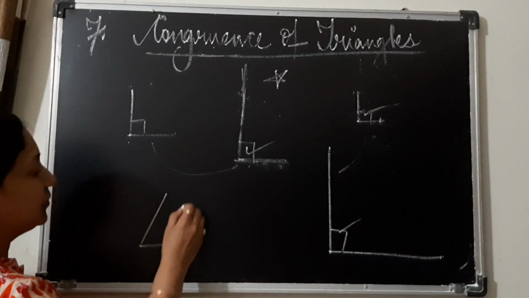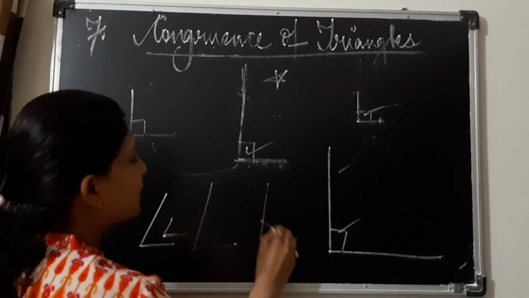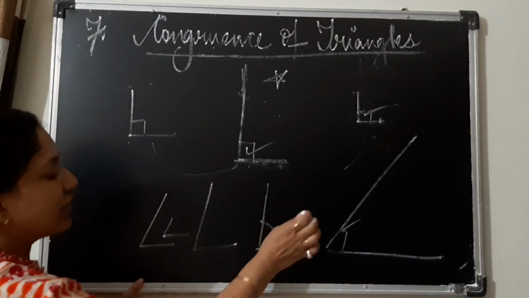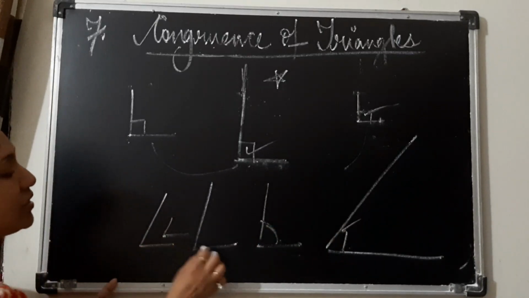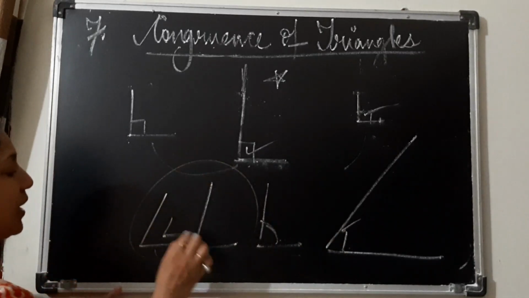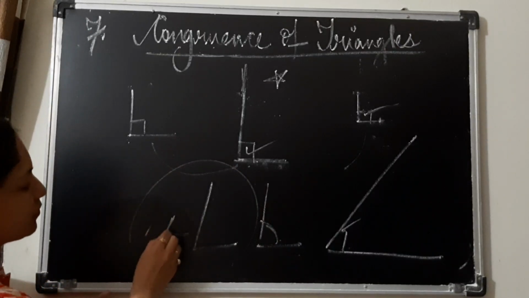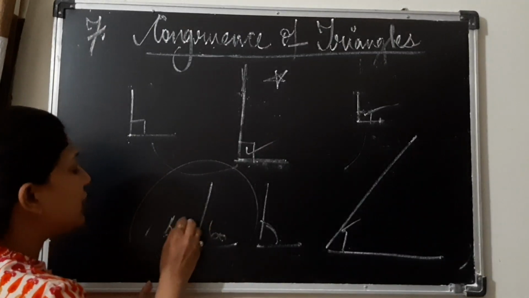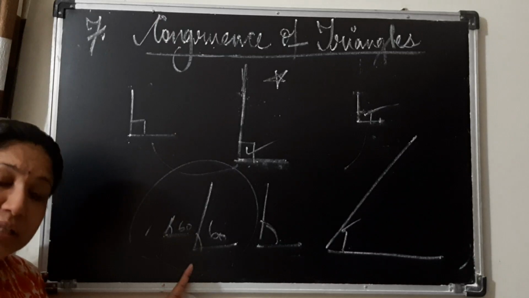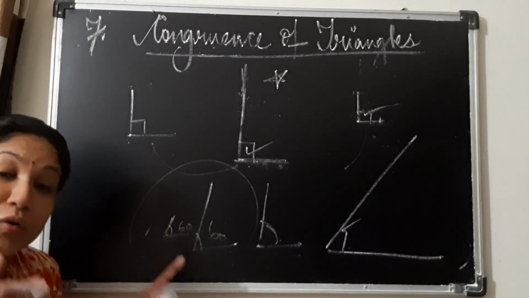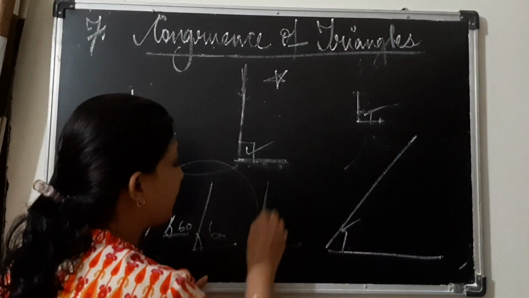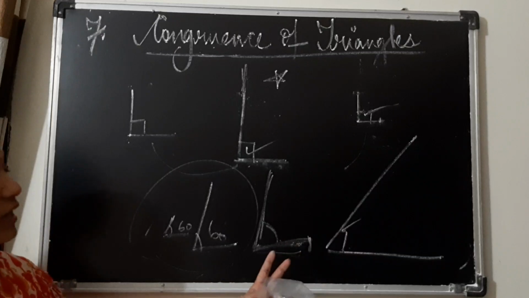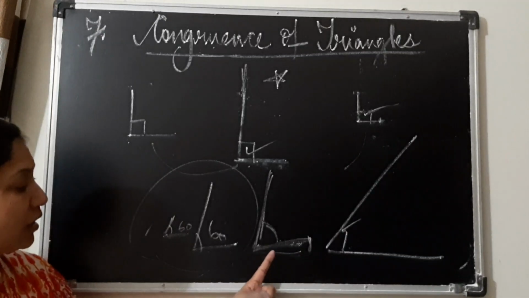Take for example here. Suppose these three and this one also are all 60 degrees. Now, are these angles congruent to each other? If I compare these, take this one, I have a small one here. So are these two pairs of angles congruent? You have to only measure the angle. If the measurement of the angle is the same, that means the pair of angles are congruent to each other. Don't get confused with the arm size, this length. Here we do not check the length of the sides of the angle.